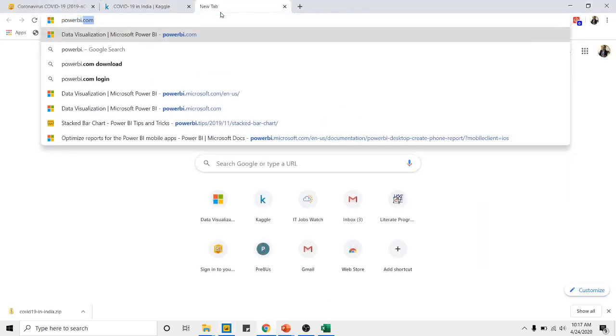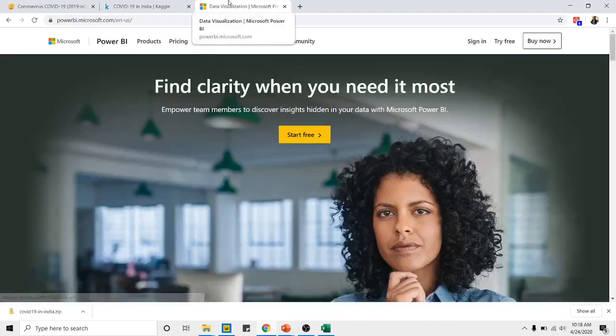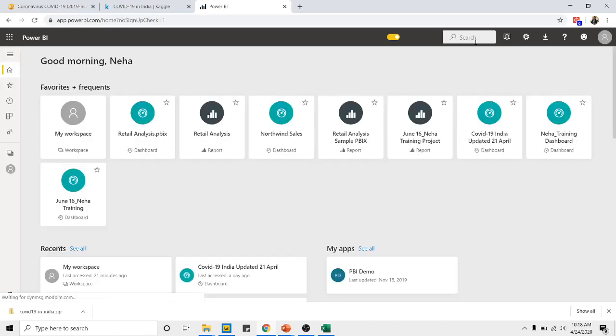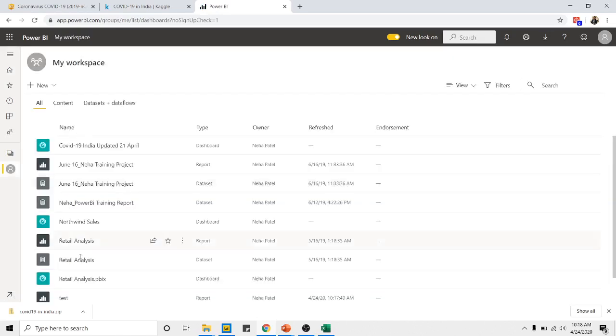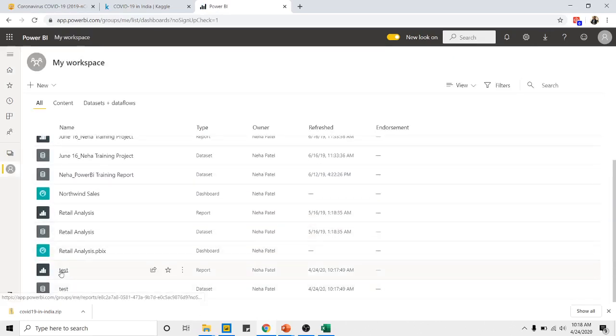And now go to powerbi.com. You can access this report anywhere through your app. So just sign in, and select my workspace, and this is my test report